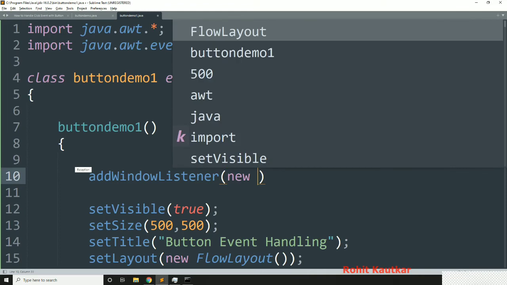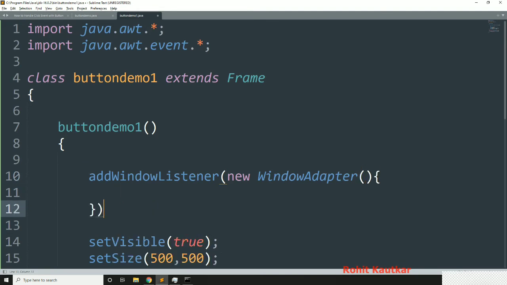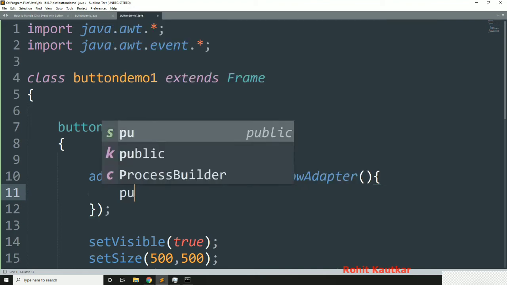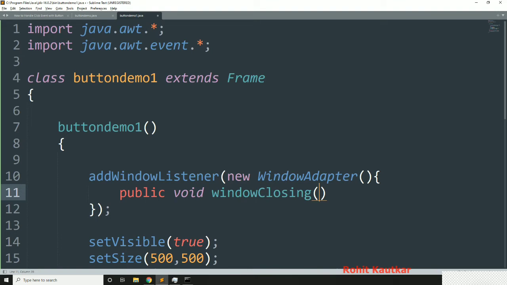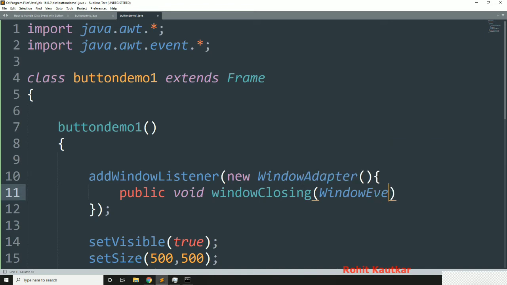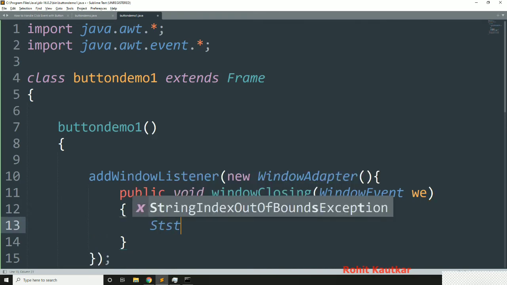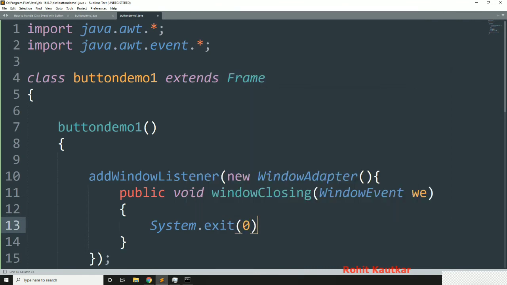We will create the object of the WindowAdapter class, and here I will implement the method public void windowClosing, and it requires the object of the WindowEvent class. Okay, let's say we, and here I will write System.exit(0) like this. Okay, I have done all things.